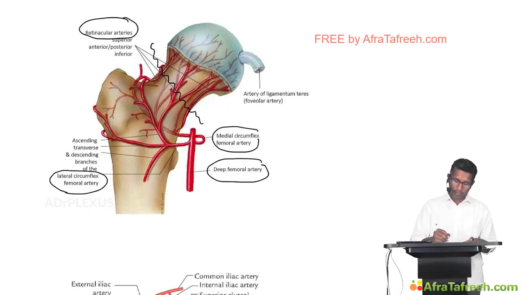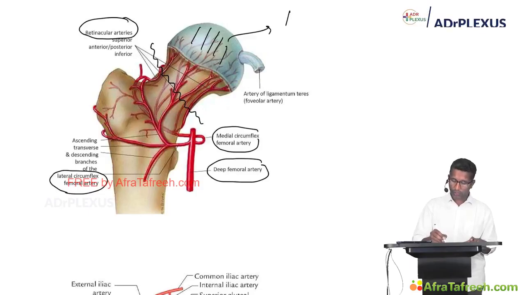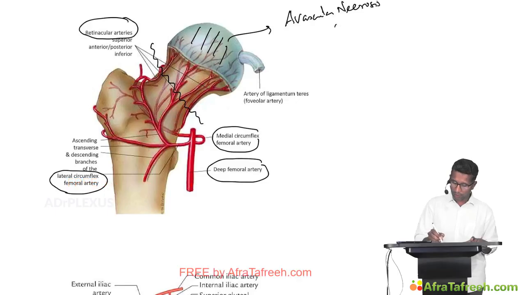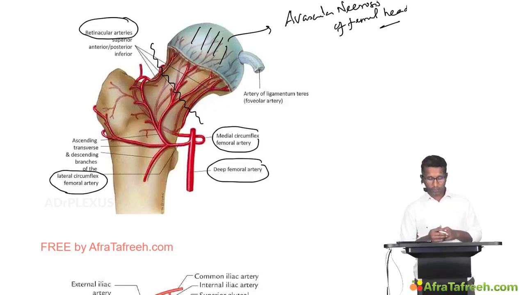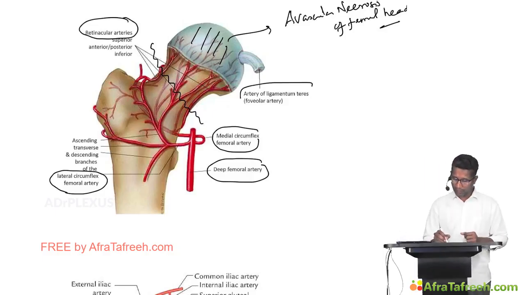these retinacular arteries get cut off and the femoral head loses its blood supply, and it results in a condition called avascular necrosis of the femoral head. It is because of the tear of the retinacular arteries that the patient has avascular necrosis of the femoral head. Guys, please remember, you can ask me that there is an artery called the artery of ligamentum teres,